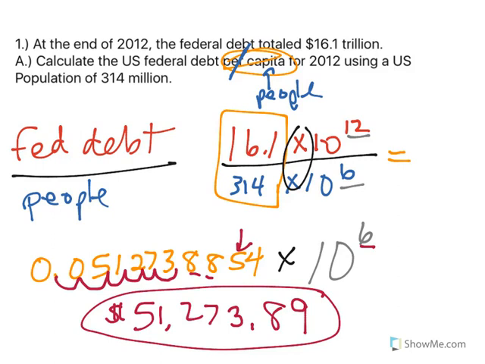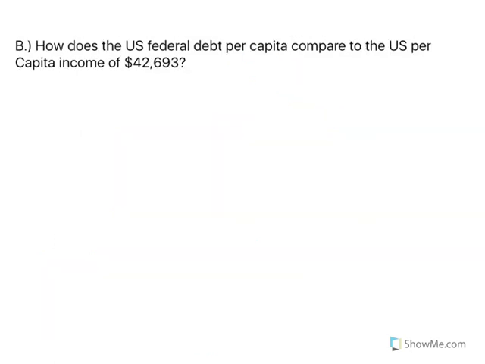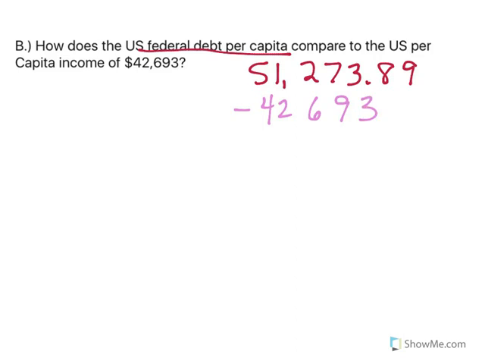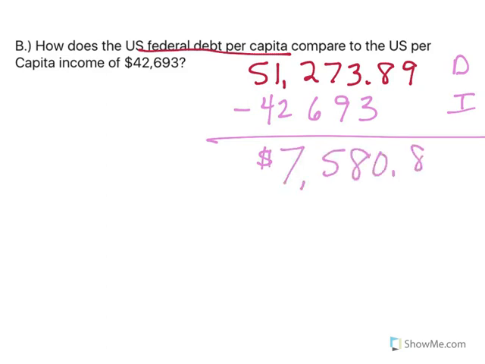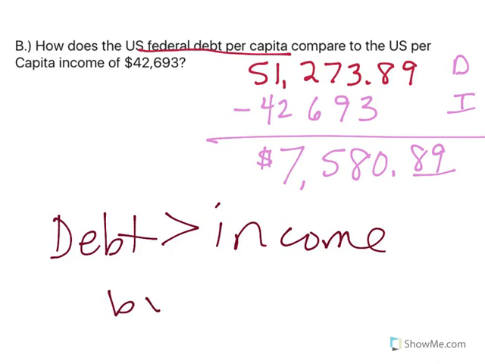All right, let's go to part B, which builds on this problem. How does the U.S. federal debt per capita compare to the U.S. per capita income of $42,693? So our federal debt per capita, as we just found, is $51,273.89. Well, if we want to find how that compares, let's subtract the income. So this is debt, this is income. When I subtract those two numbers, I get $7,580.89, meaning our debt is greater than our income by